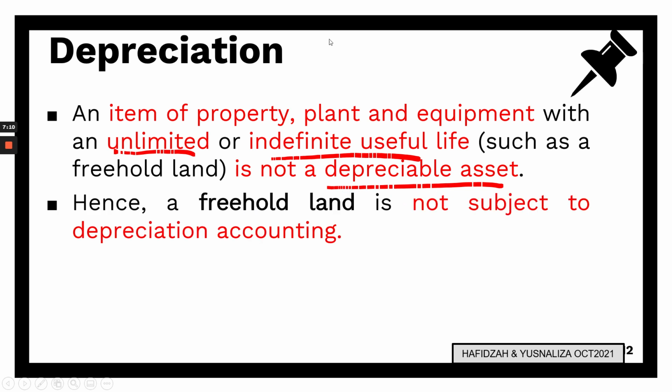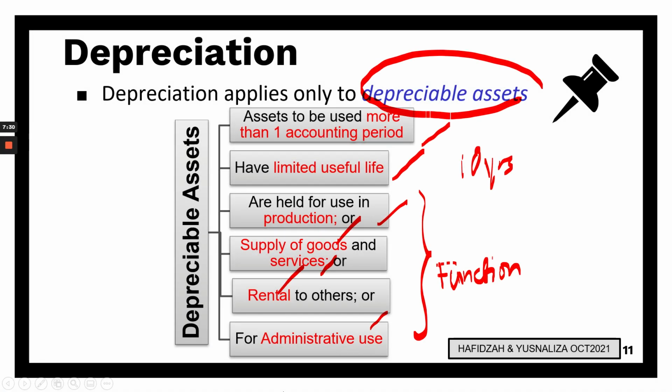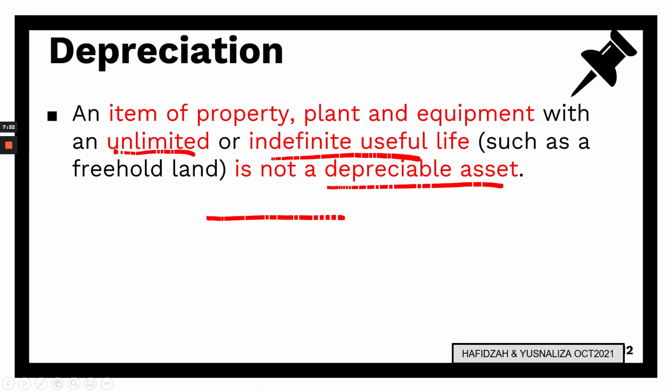And therefore, land is normally not subject to depreciation. So in simple words, land is not depreciated, or we will not charge depreciation for land because it has indefinite useful life. However, a building that is located in the land,